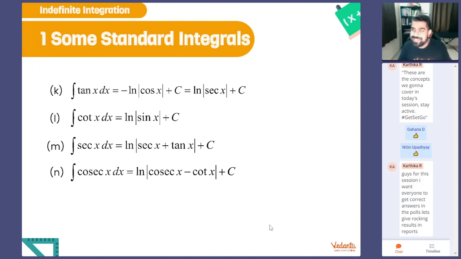Yup, it's a never-ending list. So you differentiate this, you will get tan x. You differentiate this, you will get cot x. You differentiate this, you will get secant x. You differentiate this, you will get cosecant x. If you want, you can try it out. But guys, these 4 are quite new formulas. I think they are important and you need to spend some time either memorizing them or learning them by practice.